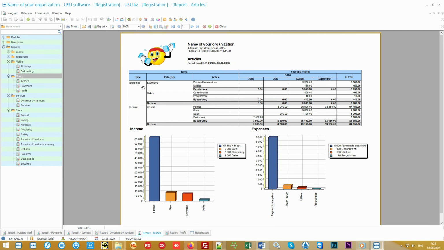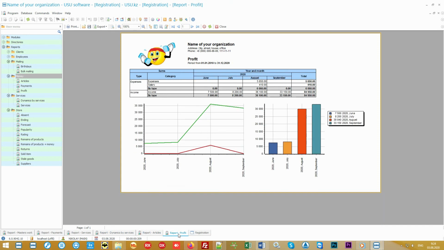It will be possible to see the total amount for each cost item, and even in the context of each month of work, so that it's easy to track the dynamics. Please note that each report is accompanied by various graphs and charts. This is for greater clarity. Sometimes it's enough just to take a quick look at the desired report in order to accurately understand the situation in your company. For example, here the green line shows the income and the red line shows the expense.